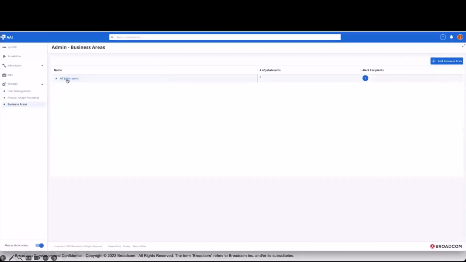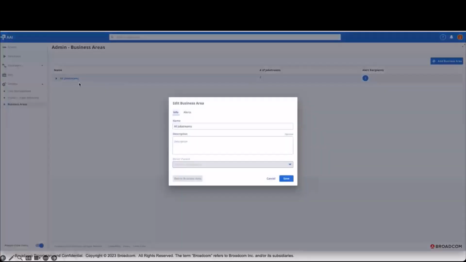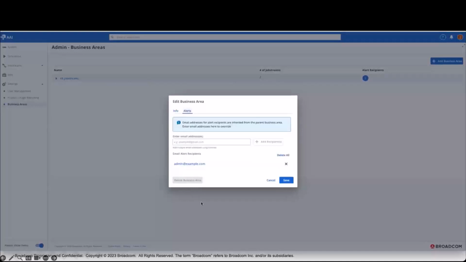With this default business area, if I open it up, then I have the ability to provide some further information. I can provide a description for this highest level business area, and I can provide alerts. If AAI is connected to an SMTP server, then what you can do is add email addresses at the business area level so that any alerts generated by job streams or SLAs within that business area are notified to those